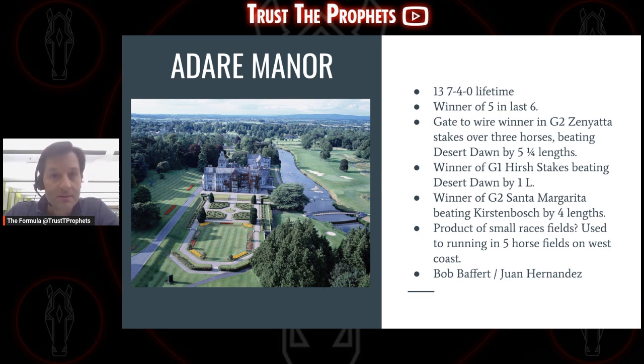Next up, Adair Manor. 7 wins in 13 races, winner of 5 of the last 6. Pretty impressive. Gate to wire winner in the G2 Zenyatta over 3 horses, beating Desert Dawn by 5 1/4 lengths in that one. Winner of the Hearst Stakes, beating Desert Dawn by 1 length in that one in a field